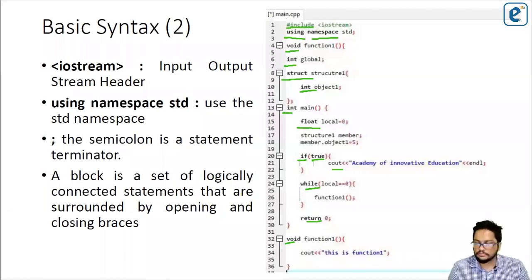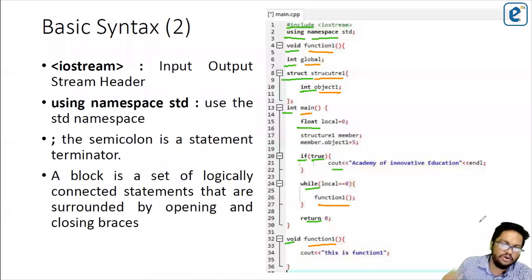And the things I'm going to highlight in, let's say, this orange color: this function one, this global one, this structure one, the object one, main also. These are called identifiers.